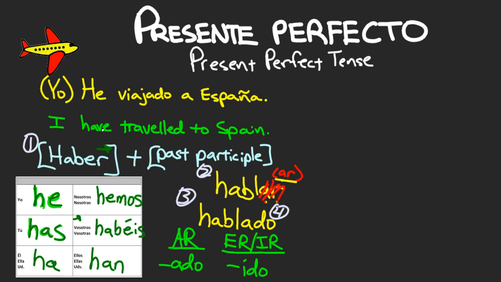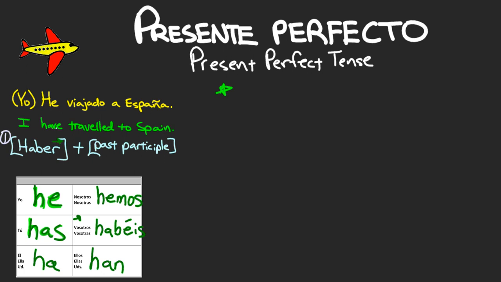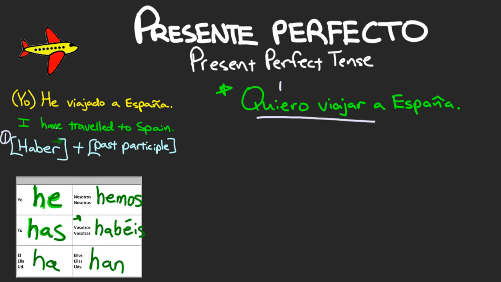So for example, I have spoken, he hablado, or we could say, you guys have eaten, ustedes han comido. Comer being an ER verb means that we use the past participle ending ido with that one. And now one thing that gets a little confusing is we're used to this idea of conjugate stop, where if you have two verbs close to each other, then you only conjugate the first one, leaving the second verb in the regular infinitive form. Now you'll notice that we obviously aren't doing that in the present perfect tense.